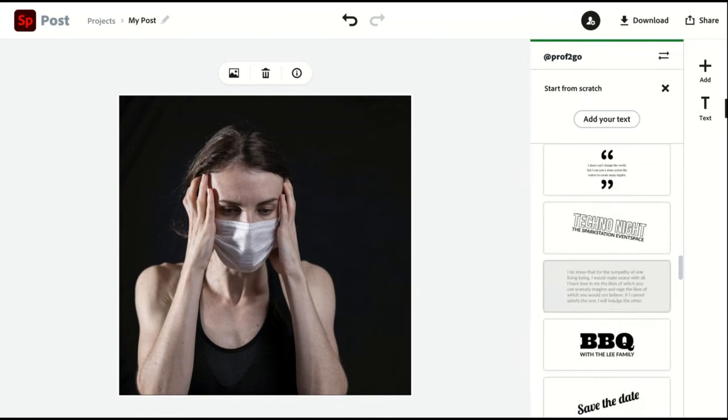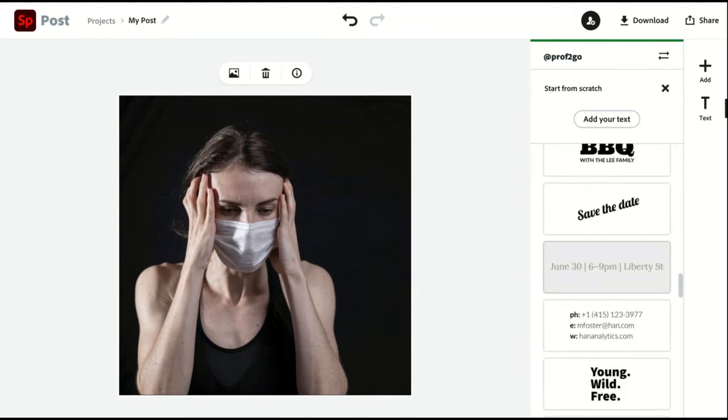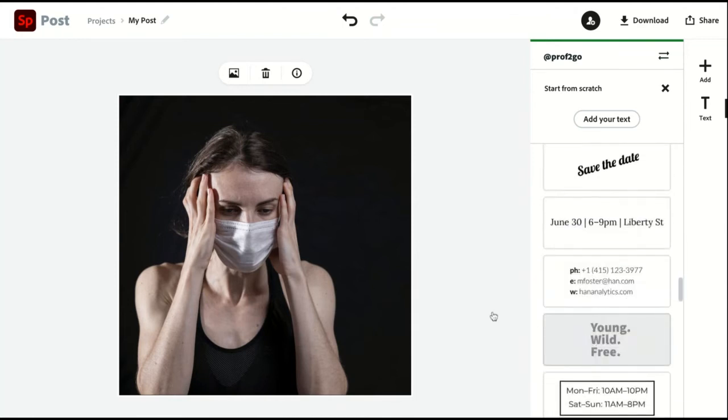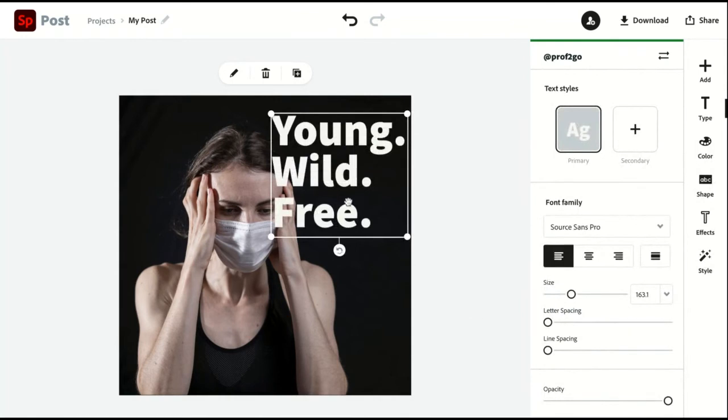And I'm just going to choose this one. And it positions it. It's using an artificial intelligence engine called Sensei to make decisions about where content is, what the context is. So it knows automatically to use white because of dark background.